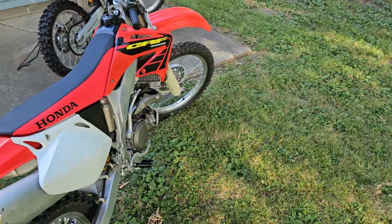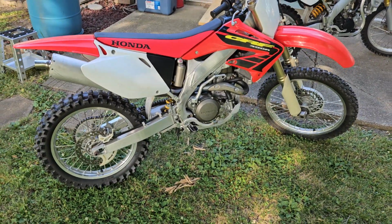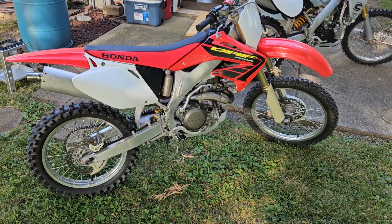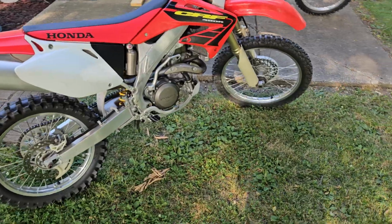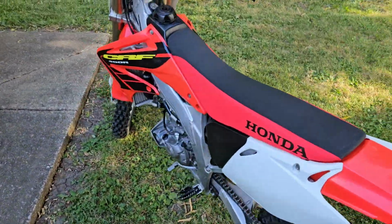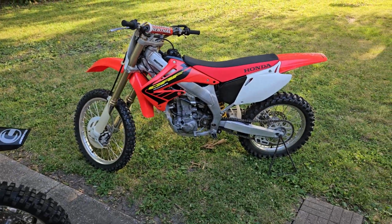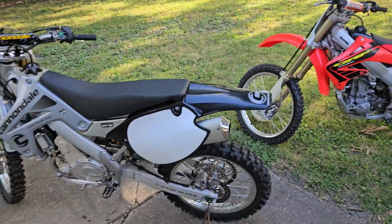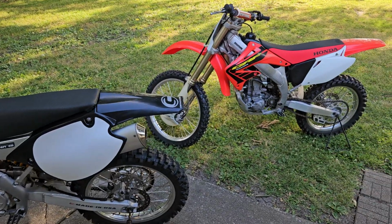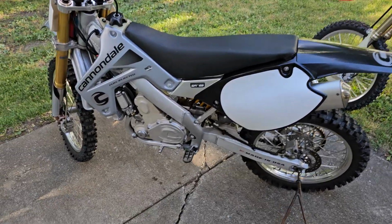But this started 7 kicks. I'm pretty sure the carburetor was empty. And it runs good. I think it's all original. So, and it's light. It's just interesting, you know, that O2, man, if I were Cannondale and that thing came out, I'd have been worried. And so, long story short, with this thing,